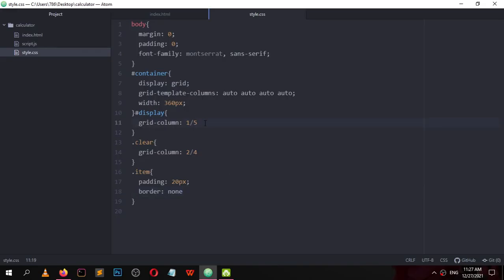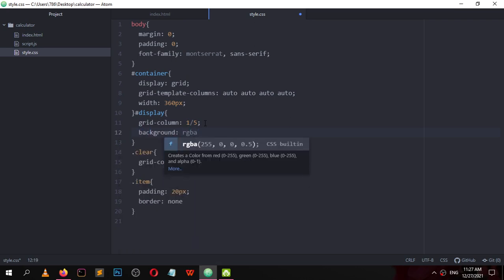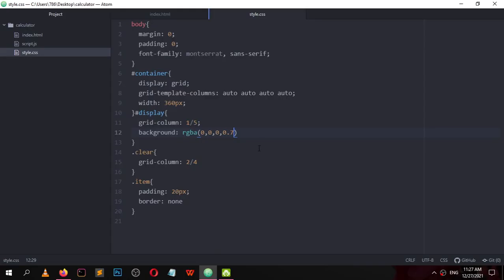The display element should have a background color RGBA, with 0.7, and the font color is white.